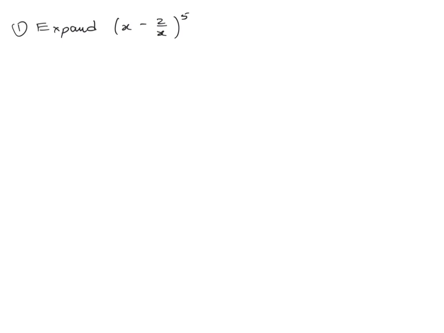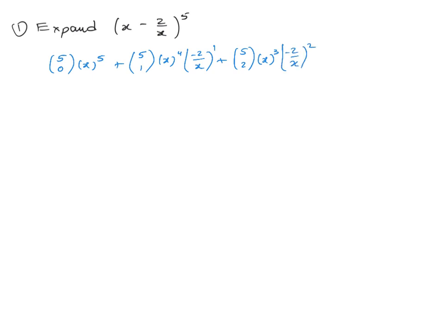So now let's expand (x minus 2 over x) raised to the 5th. Well, first of all, I'm going to do it sort of the quote-unquote hard way. I'm going to say this is 5 choose 0 times x to the 5th plus 5 choose 1 times x to the 4th times negative 2 over x to the 1st plus 5 choose 2 x cubed negative 2 over x squared. And I'm going to go to the next line, plus 5 choose 3 x squared